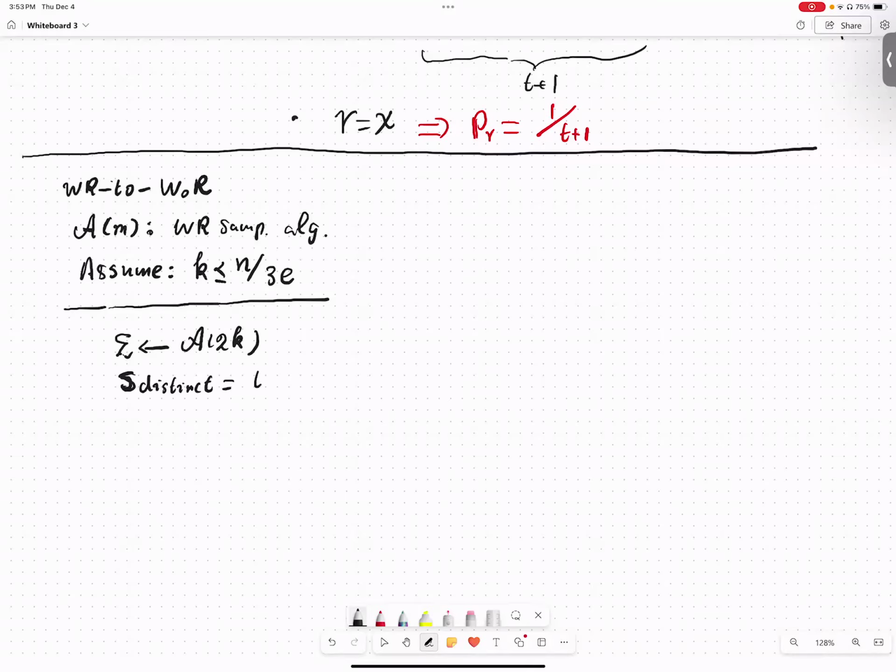So this distinct is the set of distinct elements from sigma. Okay, so you want to see how many distinct elements you have there. Okay, so if the number is less than k,